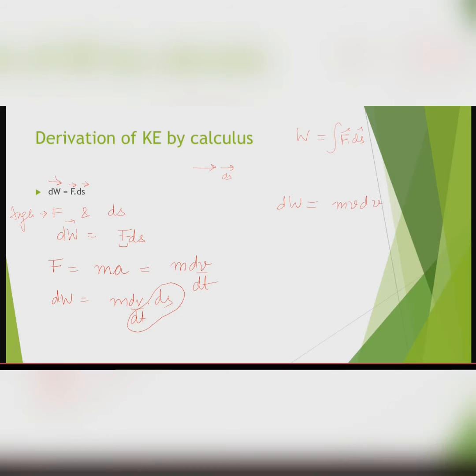Now we have to get the total work done. The total work done would be the integral of this small amount of work done. So I integrate the expression mv dv for velocity going from 0 to any final value v. m is going to be a constant. What would be the integration of v dv? It is v square by 2, with limits 0 to v. So this ultimately gives me the work done as half mv square.